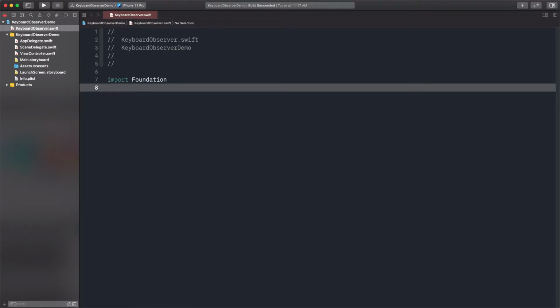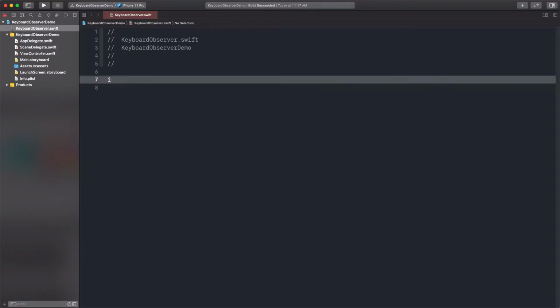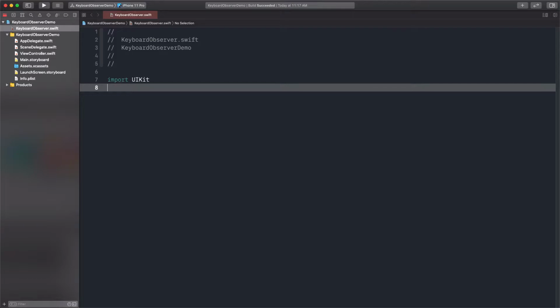We'll begin by updating the import statement, and instead of importing Foundation, we'll import the UIKit framework. We're going to create two custom types here: the KeyboardObserver class that will be dealing with the keyboard appearance and disappearance, and the KeyboardObservable, a protocol that will be making use of the KeyboardObserver and that will be adopted by any view controller or class that needs to integrate the class's functionality. The most obvious choice to start from is the KeyboardObserver class, so let's define it.